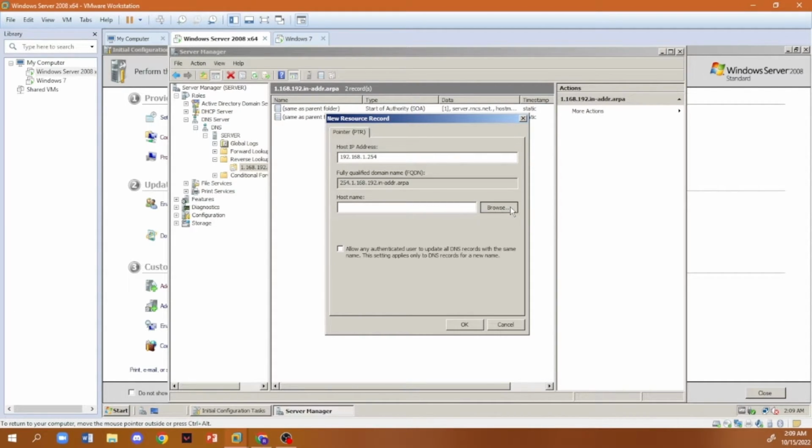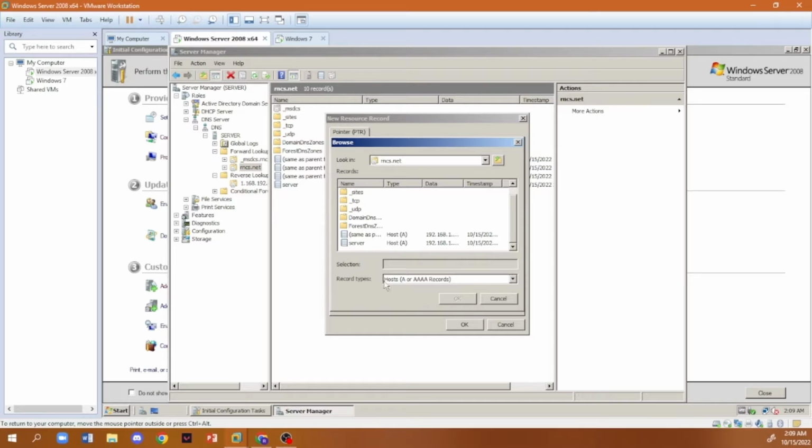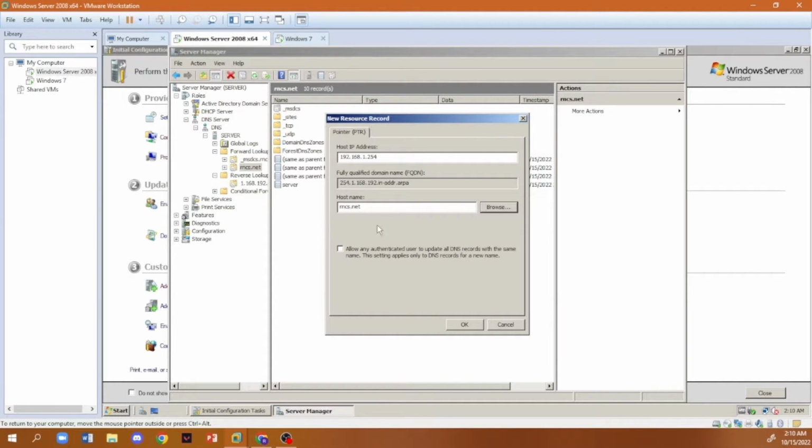Click browse on the host name, look for the server, forward lookup, our domain is rncs.net. Click on record types and make it all records, and look for the